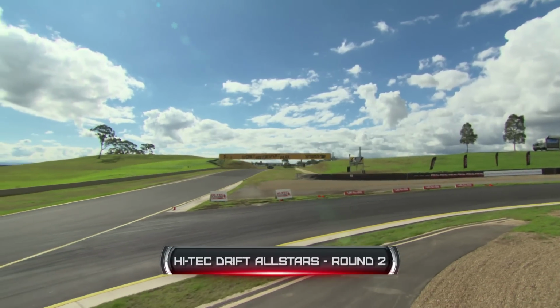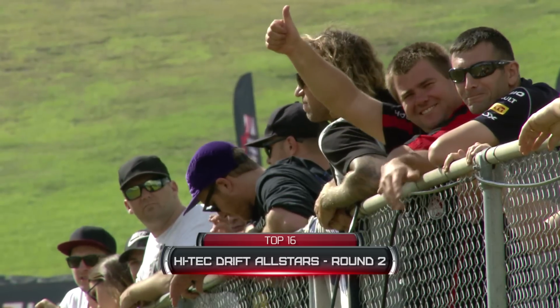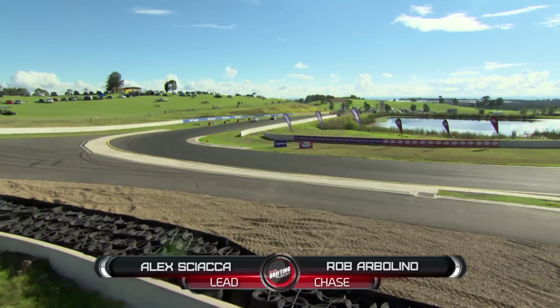He certainly has stepped it up in 2015 with that brand new Hi-Tec wrap, and that car looks absolutely spectacular. The RX-8 had its issues with reliability last year. Hopefully he's going to have a bit more luck this year. He's sitting top 5 in the points. We ride on board with him now,